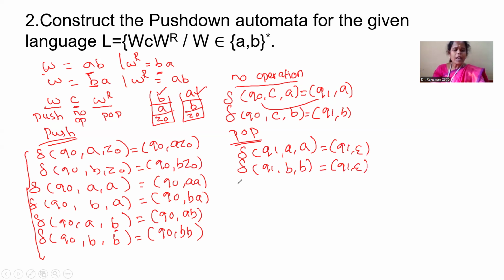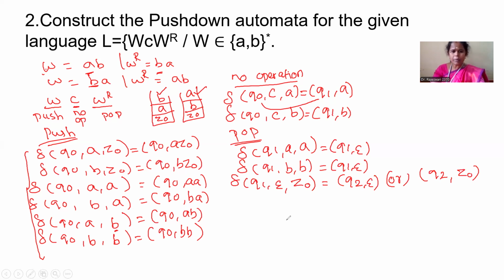Then finally, if there are no more elements to process, that is epsilon is our input symbol and we have only the initial stack symbol, in that case it will go to the final state. So the final state representation you can write like this: q2, epsilon. Right. So that's all. These are all the related transition functions for constructing a pushdown automata